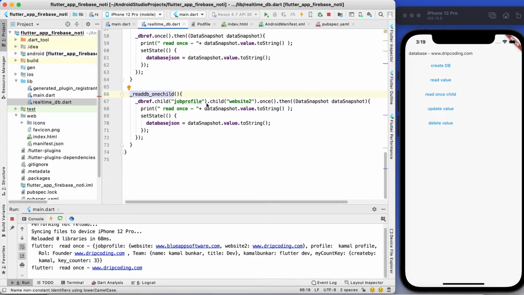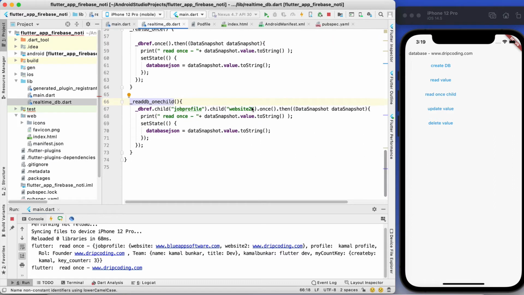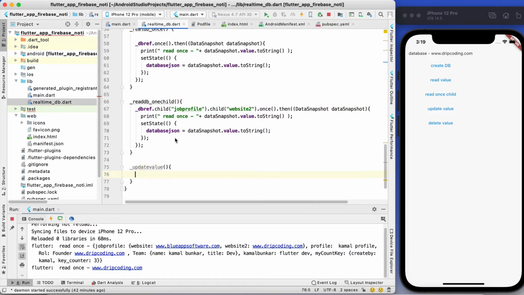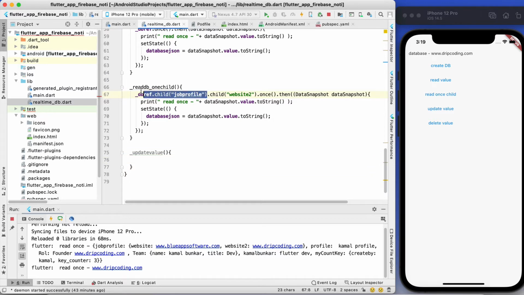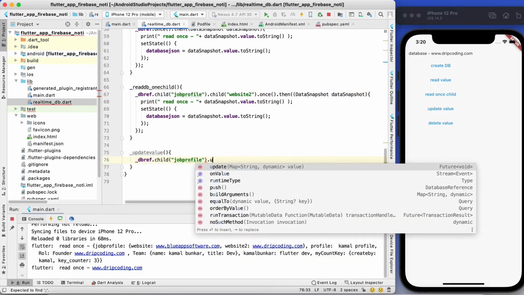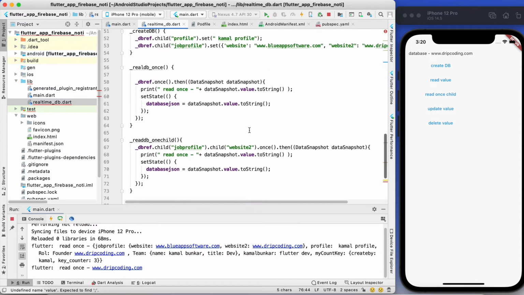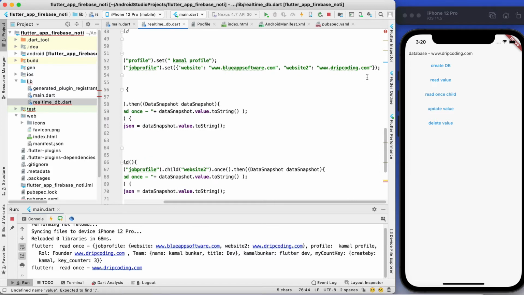Now if I want to update the value of this child, I can perform the update operation. Create another function. I am going to update the value of job profile, so just use the job profile dot update, and inside this job profile I am going to update this website 2.